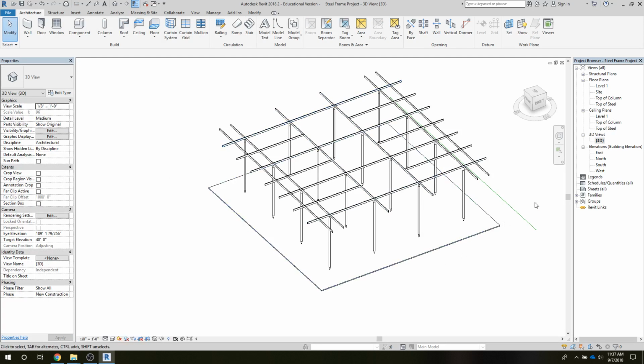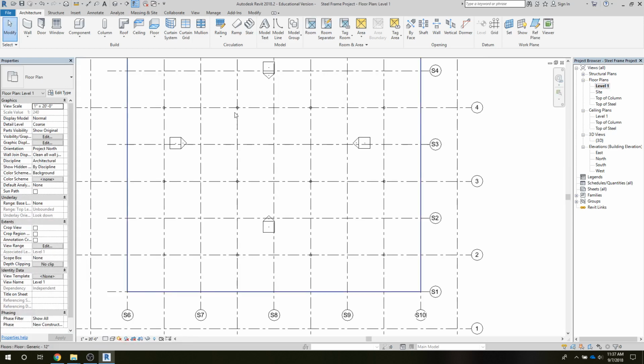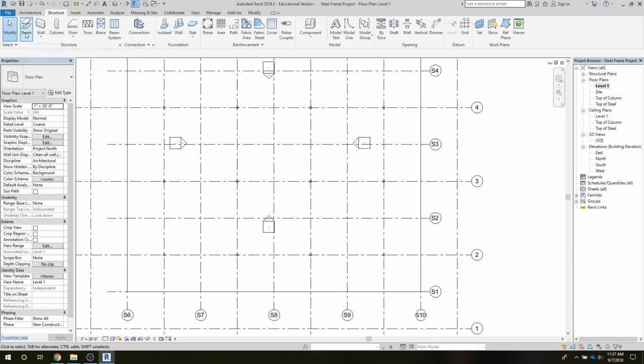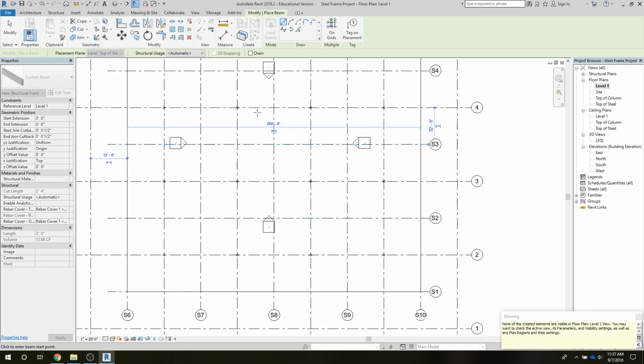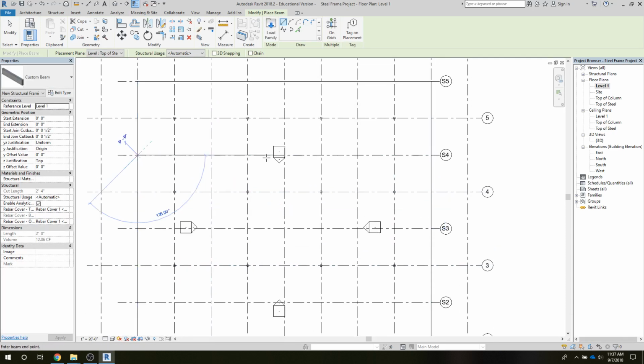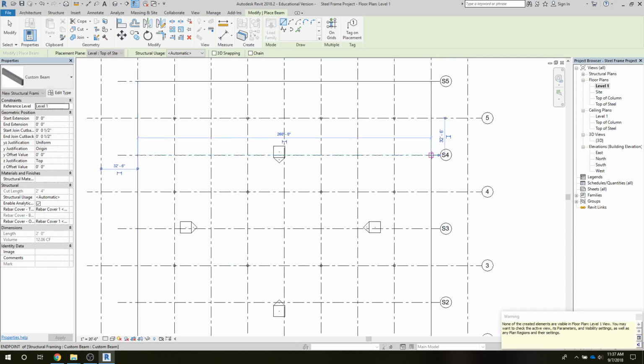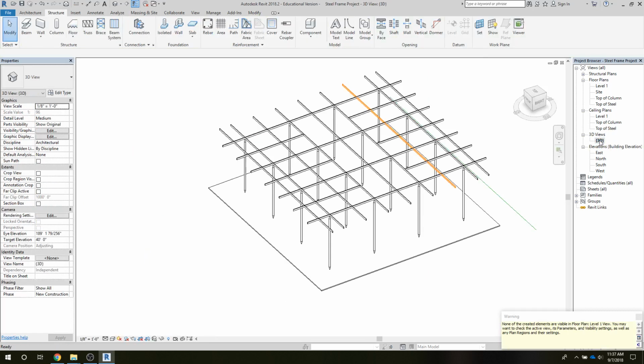So let me go ahead and place those. I've got to place 3 more. Go to level 1. Top of steel. And we're going to place these intermediary. Okay, now I think we're good to go for starting to place the top,